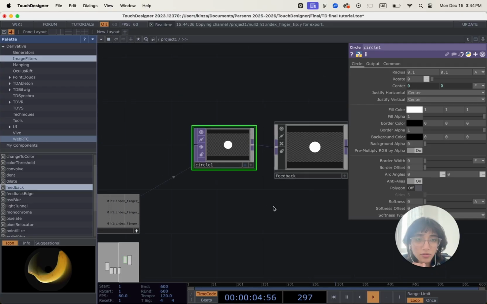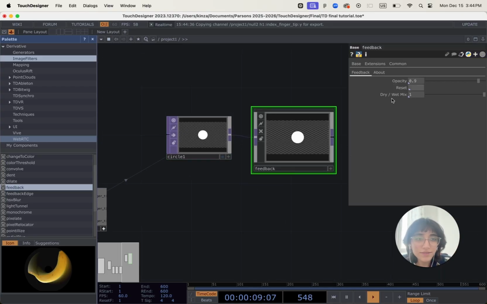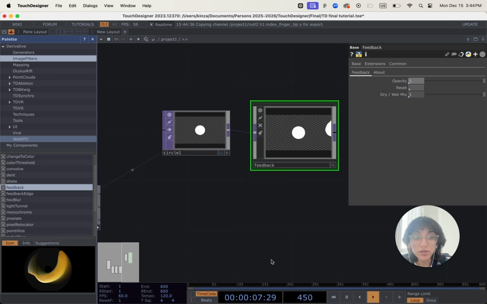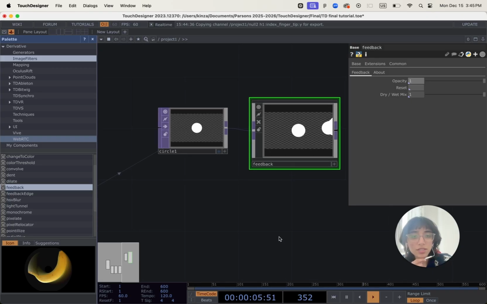And now, one more thing, I want the opacity of the feedback to be 1. Otherwise it comes off as very watercolor-like, and that's not what we want. I want it to be very hard, crisp, like a pencil. Again, if that's not the look you're going for, then feel free to change this. So now, as you can see, as I'm drawing, our feedback loop is complete,